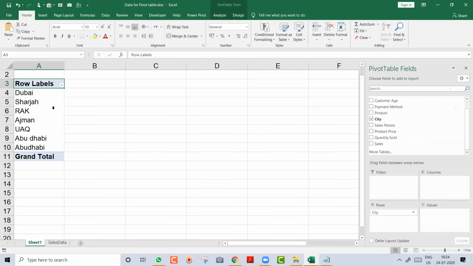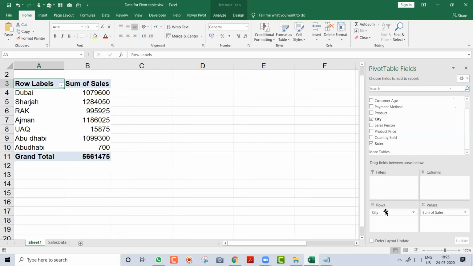And then I want sales of Dubai, right? So this is my sales column. Which column is the sales column? This is a number column. A number column you will always put under the value. Remember this important point. The sales column, most of the time, you will put under the value. So automatically it will become sum, it will add. You can click it also, or you can take the mouse and drag it like this and put it under the value. So in row I have put city, and in value you have put the sales.